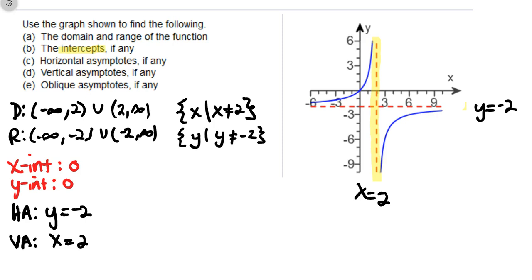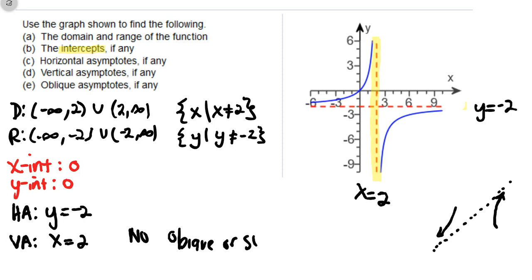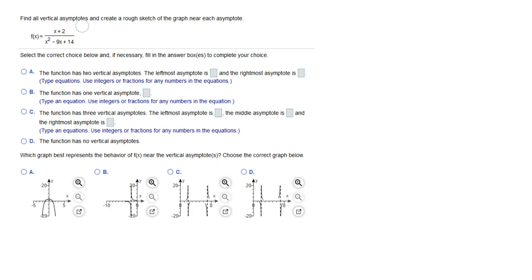An oblique asymptote is if we would have a slanted dashed line that our graph might be approaching. But we don't have one in this picture, so there is no oblique or slant asymptote. This question says, find all vertical asymptotes and create a rough sketch of the graph near each